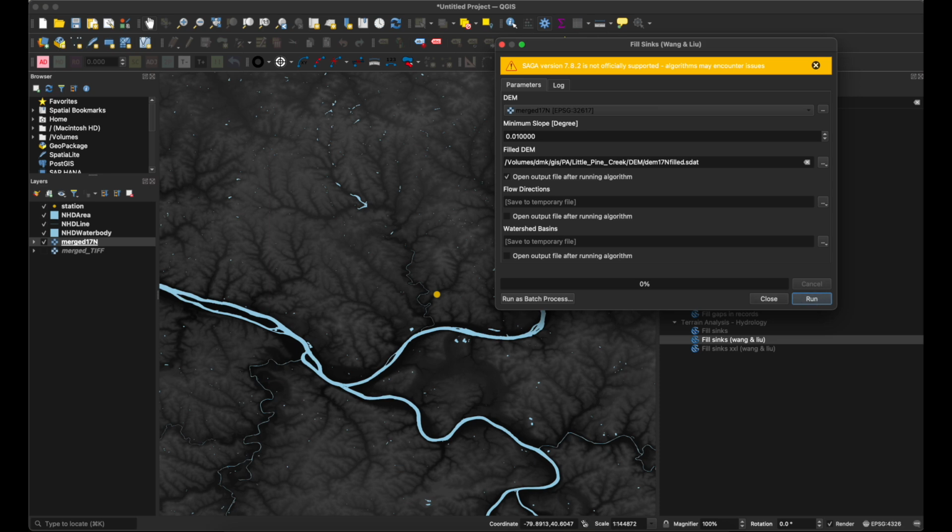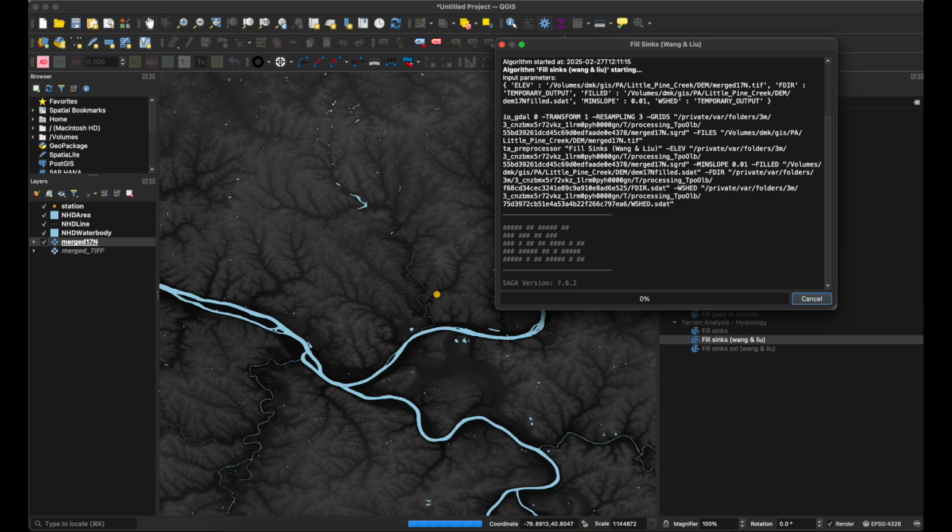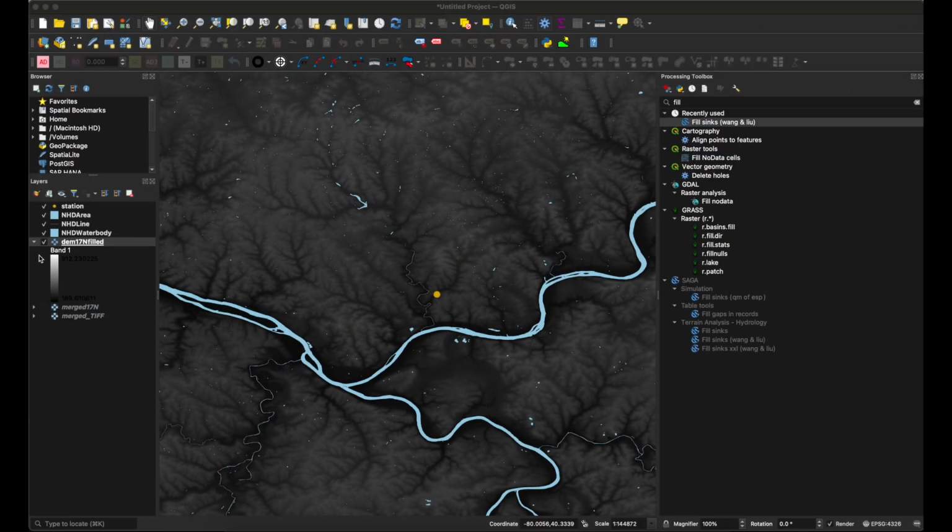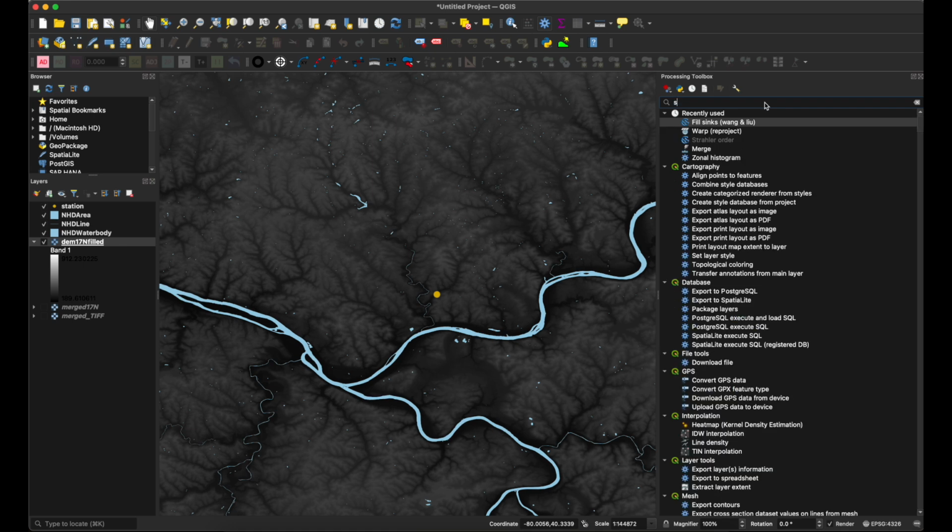And run. And now that the fill sinks is complete, what we are looking for now is we want to find the stream order. Now, recall from class,